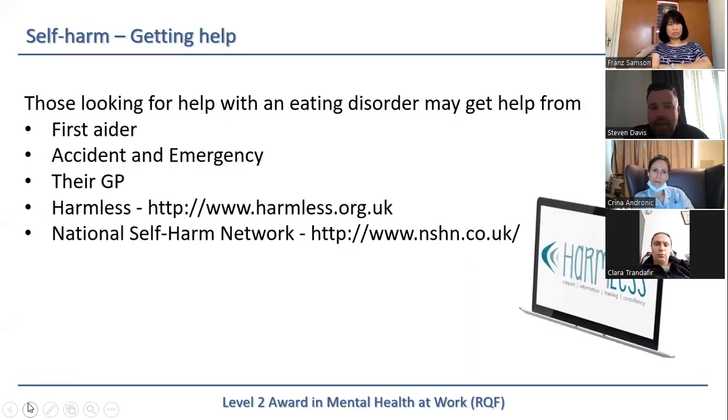Getting help for people with self-harm. First aid, so obviously if somebody has injured themselves, we're going to go back to our primary survey and secondary survey, making sure airway is done first. We'll then look at treatment, so breathing, bleeds, bones. We'll deal with any breathing problems first. If it's respiratory poisoning or a ligature, we'll cut that off. Then we deal with the bleeds, then we deal with any broken bones.